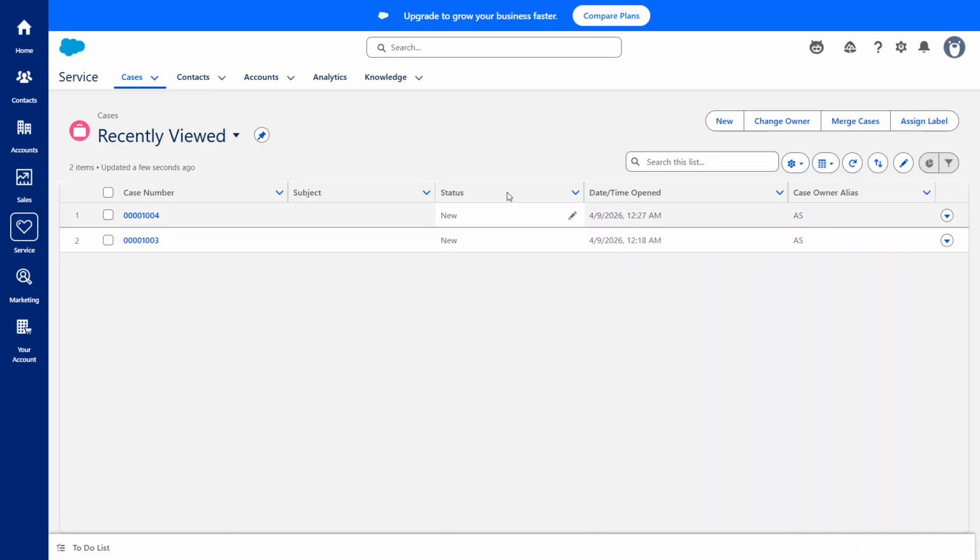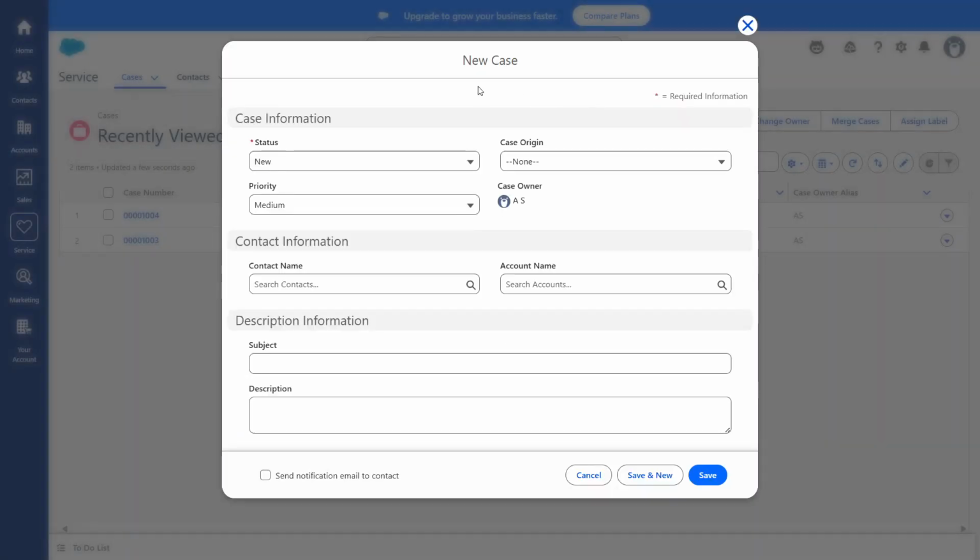Inside the service view, look to the top right corner of the screen. You should see a button labeled New. Click this button to start creating a new case. As soon as you do, a pop-up window will appear. This is the case creation form, and it's where you'll enter all the important details about the issue or request